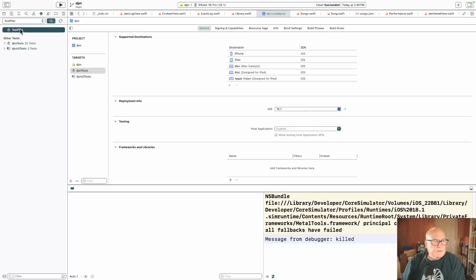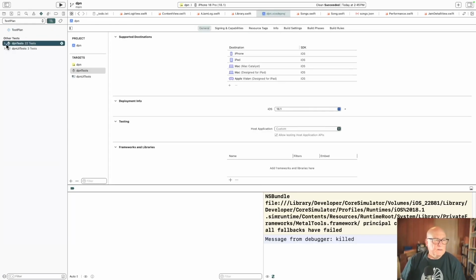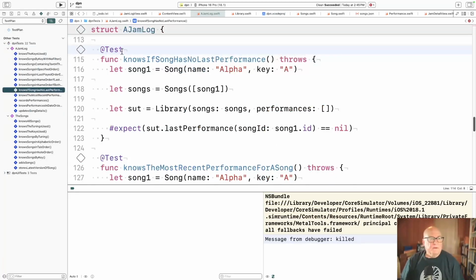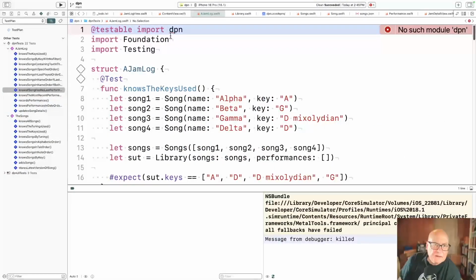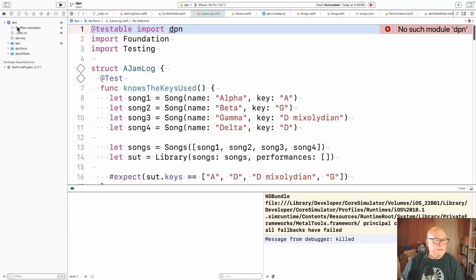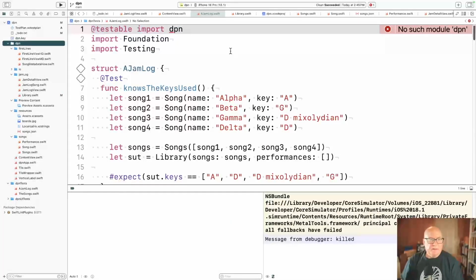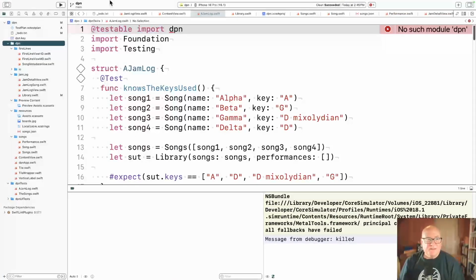How do I add tests to it? Do I drag these? No. No such module DPN. That seems weird. And this is called DPN. This is why there's an app you can get for this.